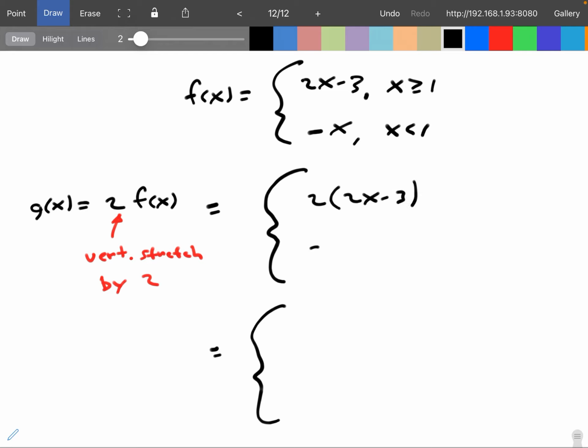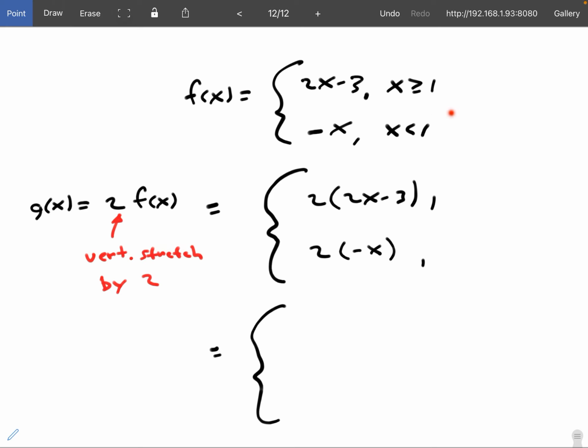So then all I have to do for this one is just, it's 2 times the function. It's on the outside. So it's going to be 2 times the top piece, like that. And it's going to be 2 times the bottom piece, like that. But again, this is a vertical transformation. So if you were to just take that original function, this one up here, and just stretch it vertically,